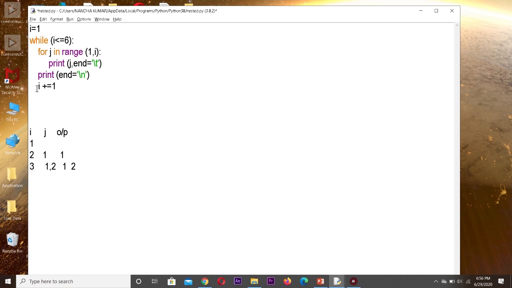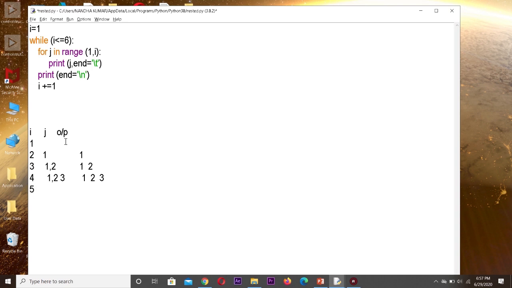After that i gets incremented, \n is there, so control comes to the next line. So i becomes i plus 1, 3 plus 1, 4. Previously you had 3, now it gets incremented, you will get the value of i as 4. Now it will check the condition, and you will get the list of values as 1 comma 2 comma 3. So 3 values will be printed, because you have the range as 1, 2, 3. You will get the output as 1, then 2 space, then 3.